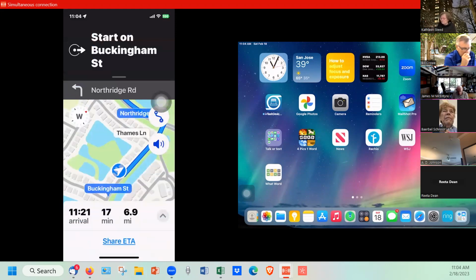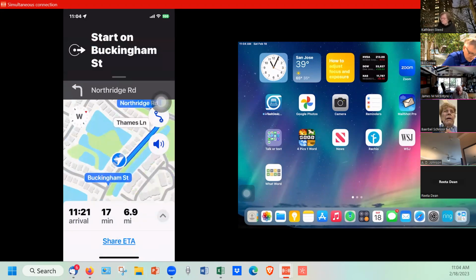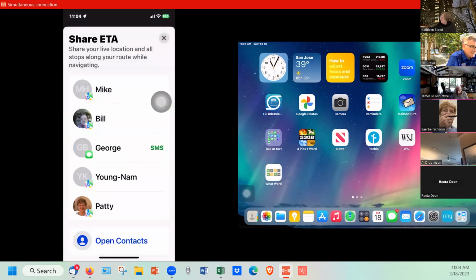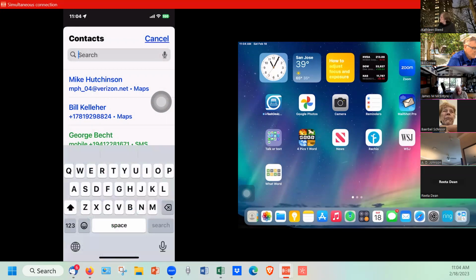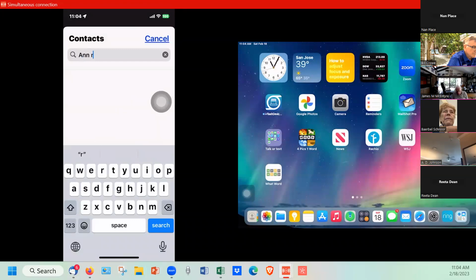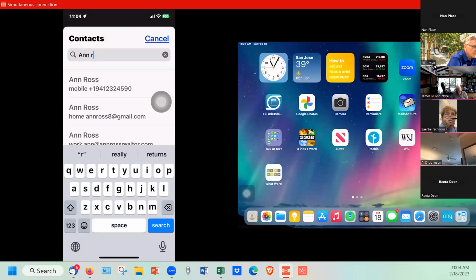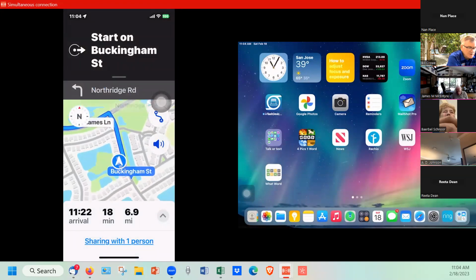Okay, and I tap go. Starting route to Ann Ross's home. See, turn northwest on Buckingham Street, then turn left onto Northridge Road. See where it says share ETA on my screen? When I've started directions, I can share ETA. And let me share it with Ann. There's her phone number. I'll just tap it. And now I've sent Ann Ross, hopefully,